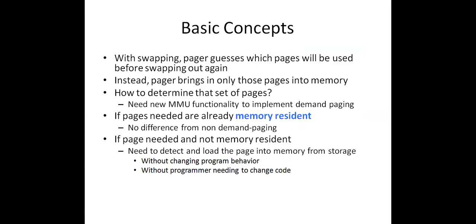So these things we already discussed. If the pages needed are already in the main memory, then there is no need for demand paging, right? The pages are already in the main memory. And next, if the page needed is not in the main memory, we need to detect the needed page and load the page into the main memory from the storage, that means from the secondary memory. Whenever you are moving a page from secondary memory to main memory, these things are not known to the user. I already told you many times what the user is thinking